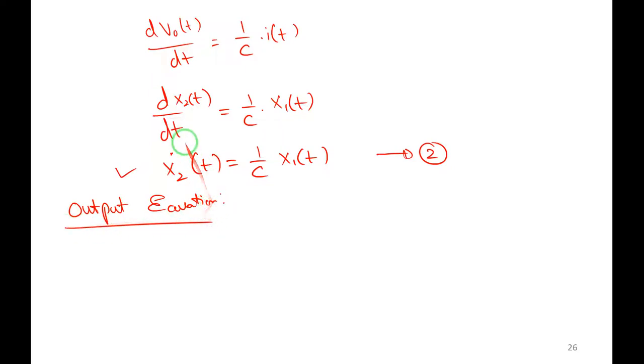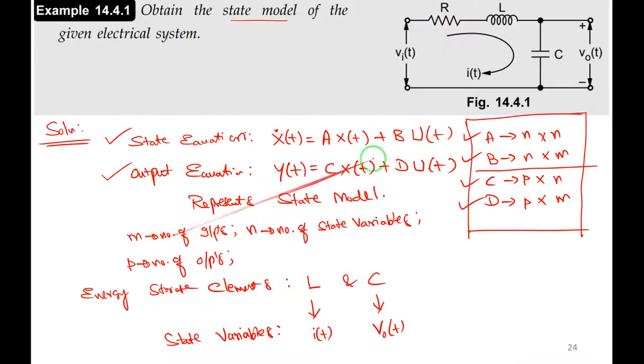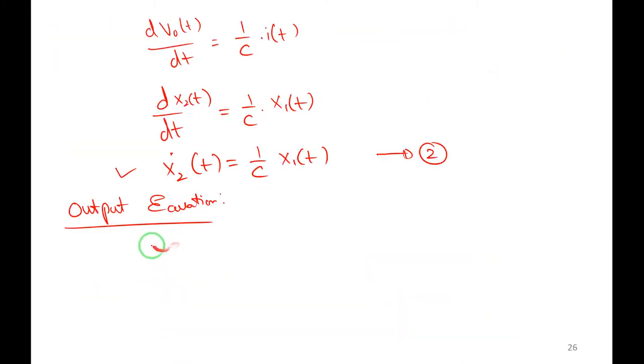Based on the number of state variables, that many state equations we are getting. Here there are two state variables, so we are getting two state equations, equation 1 and equation 2. Next, only one output is there, right? So only one output equation we are going to get. So let me write it. With respect to the output, v naught of t is equal to what? 1 by c into integration of,